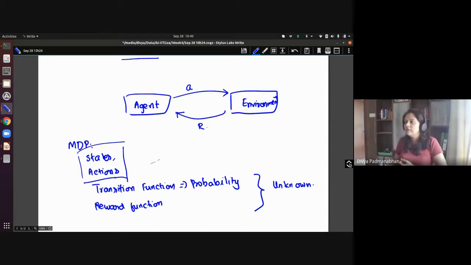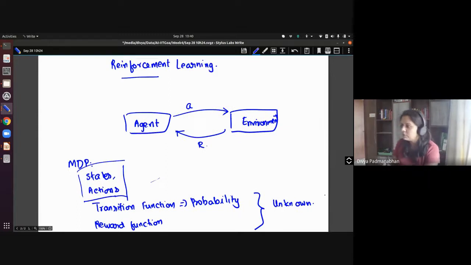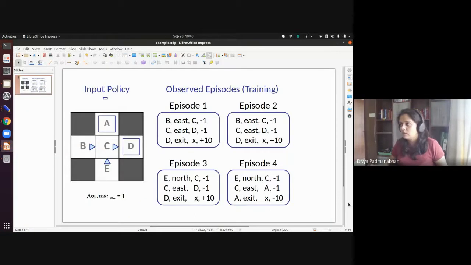Okay, so let's come back to the MDP framework. So let me just take the grid world example itself. Maybe this is an example from the Berkeley RL example, or I think this was from the MDP example itself. It's a very tiny toy grid world where there are these two terminal states. Okay, so there is an A and a D. Those are like terminal states. And you have to somehow decide where to go.